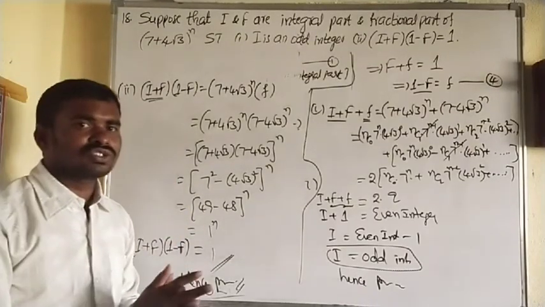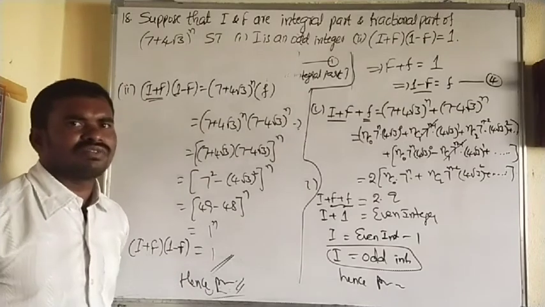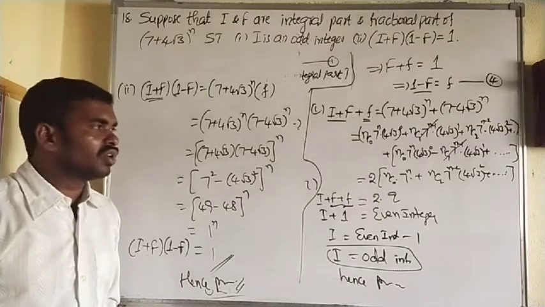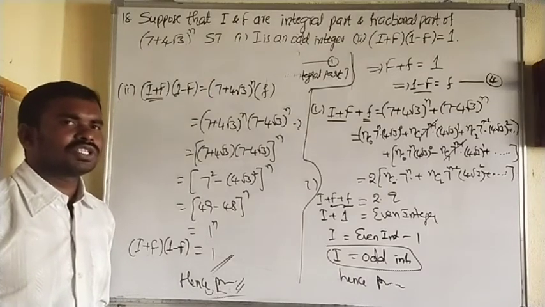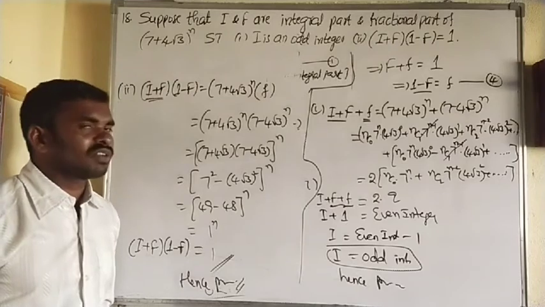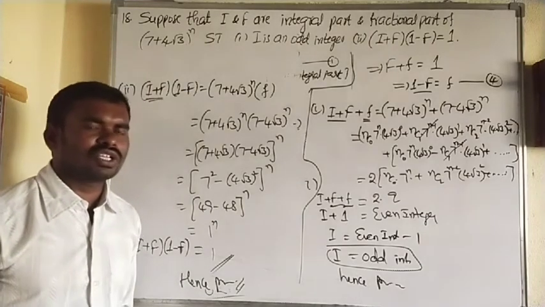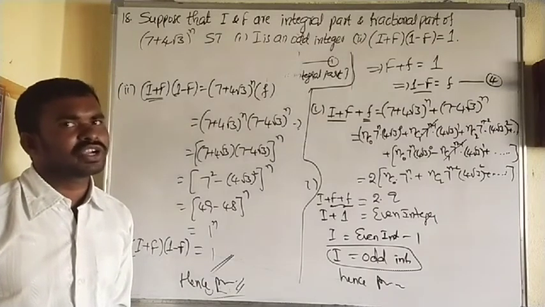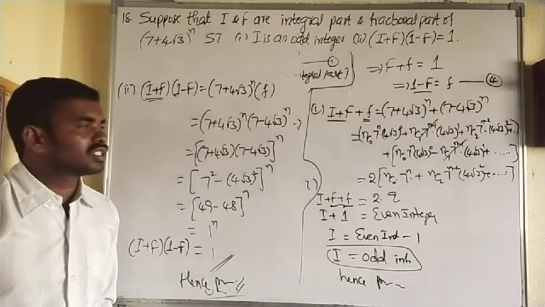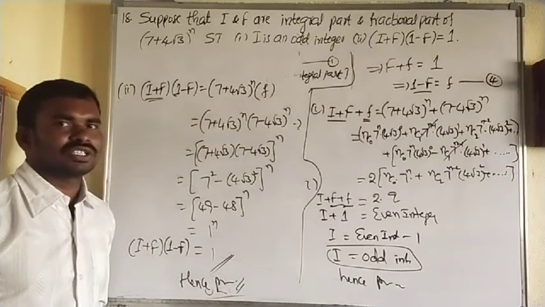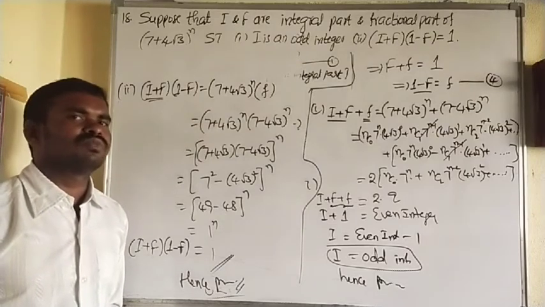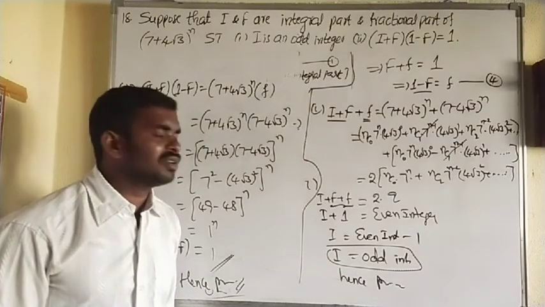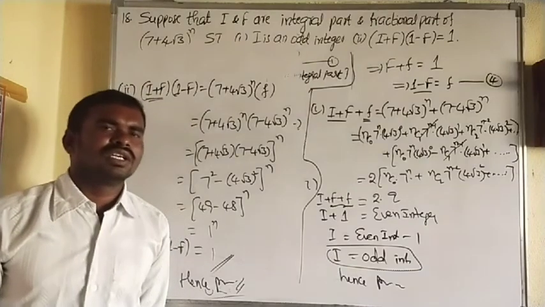So give more practice on these problems, to remember and to write well in the examination to get a good score. All important questions I specified: which are the 7 marks questions, the 4 marks questions, and the 2 marks questions, I clearly separated concept wise and importance wise. You may have a doubt, sir, are these problems enough for the examinations? These are most enough. If you complete all my classes, intermediate maths 2A, you can get 100% of 75 marks.